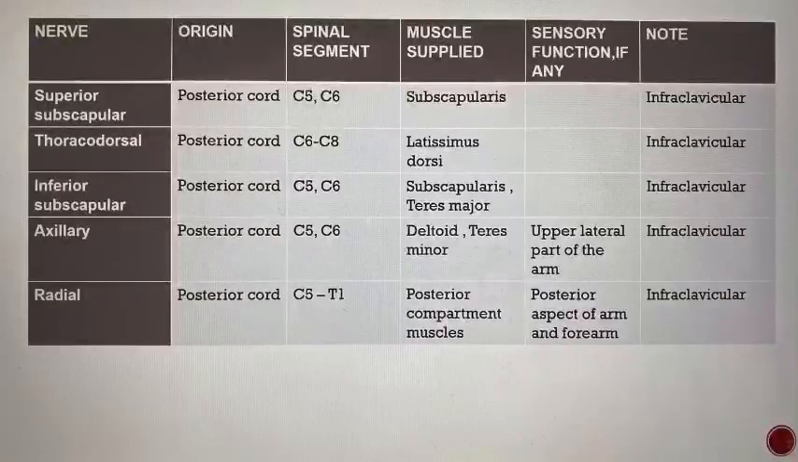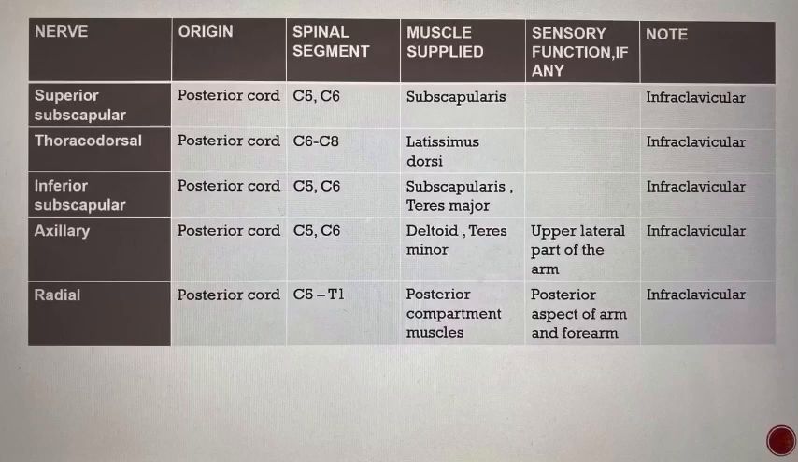Moving on to the branches of the posterior cord. The superior subscapular nerve arises from the posterior cord, is short, and passes into the subscapularis muscle and supplies it. The thoracodorsal nerve arises from the posterior cord, passes vertically along the posterior axillary wall, penetrates the latissimus dorsi muscle and supplies it. Inferior subscapular arises from the posterior cord,